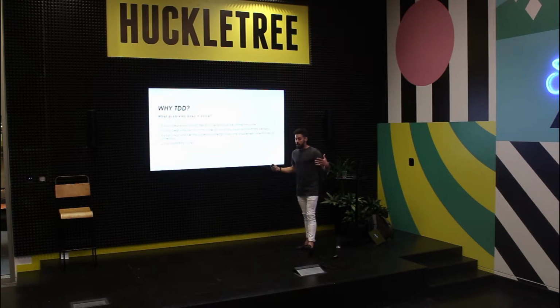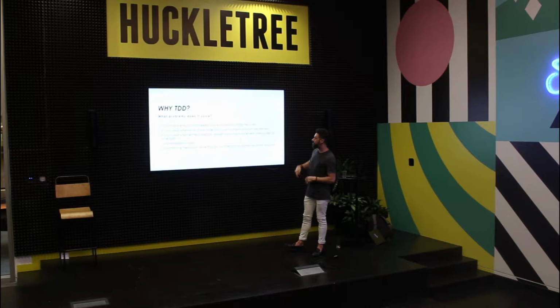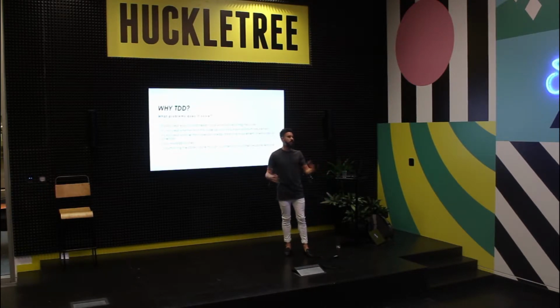Long feedback cycles. Ideally, and this is the crux of this whole talk, how do we shorten those feedback cycles? How do we know as soon as possible whether it's good or bad? And then documenting the code. You don't want to write comments in your code. Comments are fungus. You change code, you don't change a comment. Maybe you do, maybe you don't. How do you know? You've no idea.